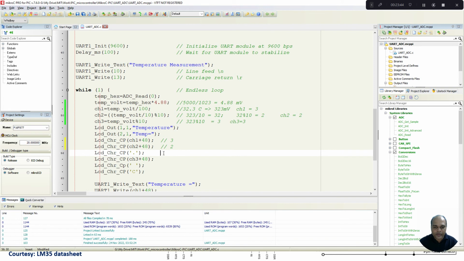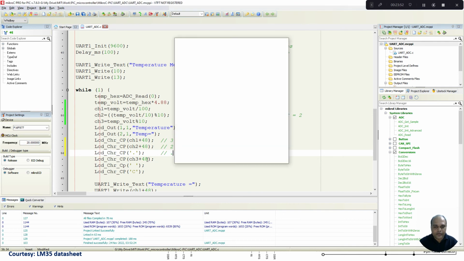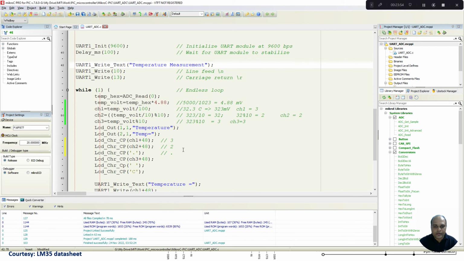Next I am going to put a decimal point. After this again I put 3, which means I get 32.3. Then I give a space. Then I specify C. So our LCD will display 32.3